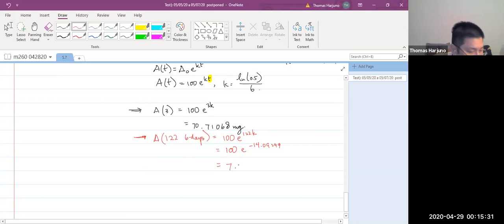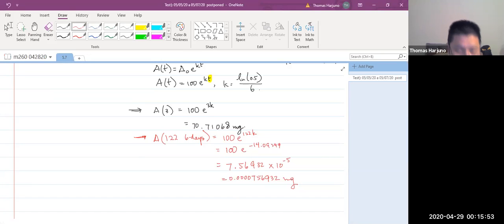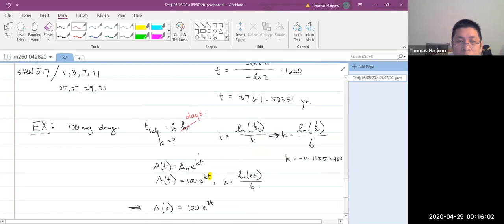I get 7.5692 times 10 to the negative 5. 0.000075693 milligrams. It's so sensitive that even if the amount in your blood is so small, they still can detect it. Now, one thing you know with exponential form, notice